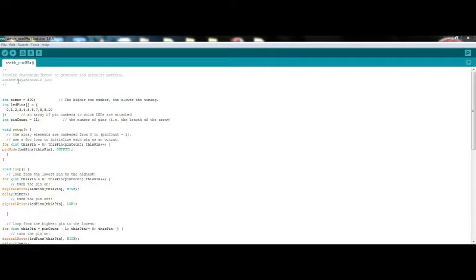This is the code. It includes 4 parts: the comment, initialization, setup, and loop. The comment tells about the project, then the author name, and then the function of each instruction. So you can see there are single line comments, multiple line comments,